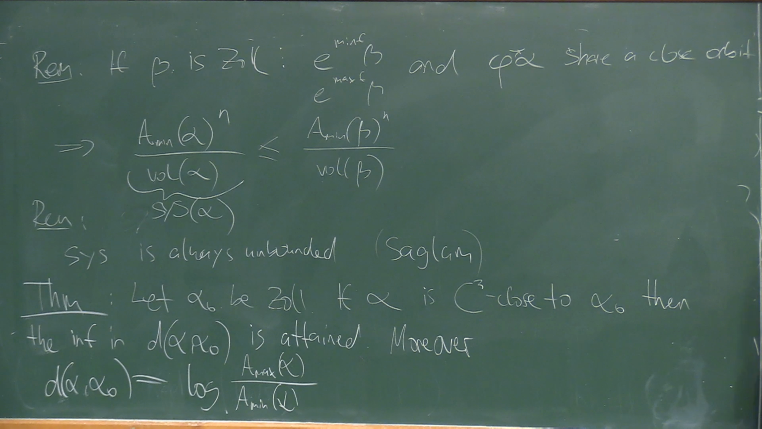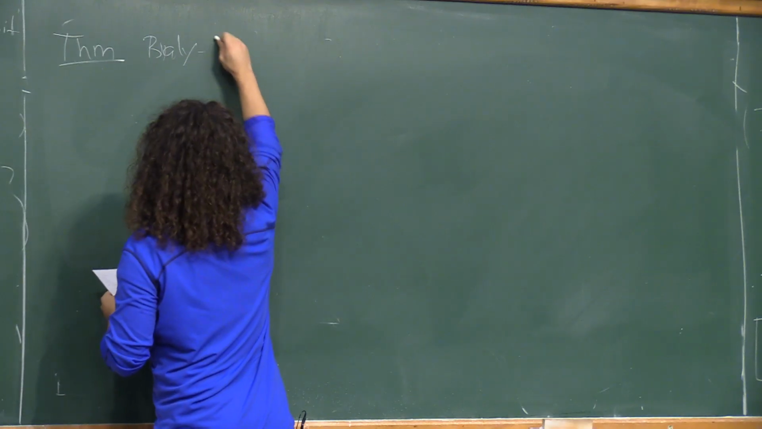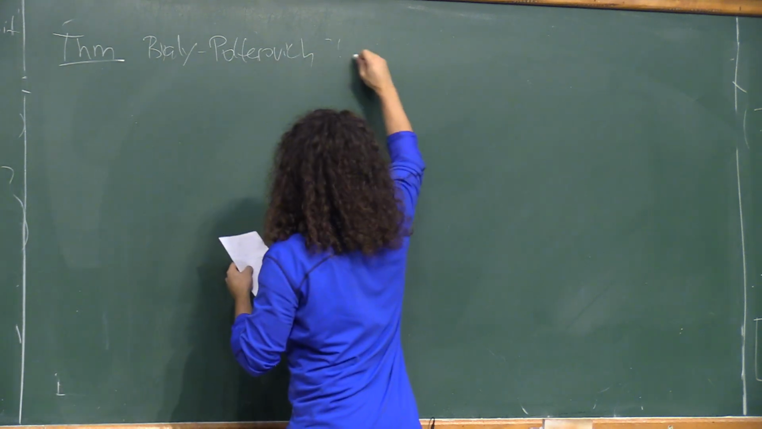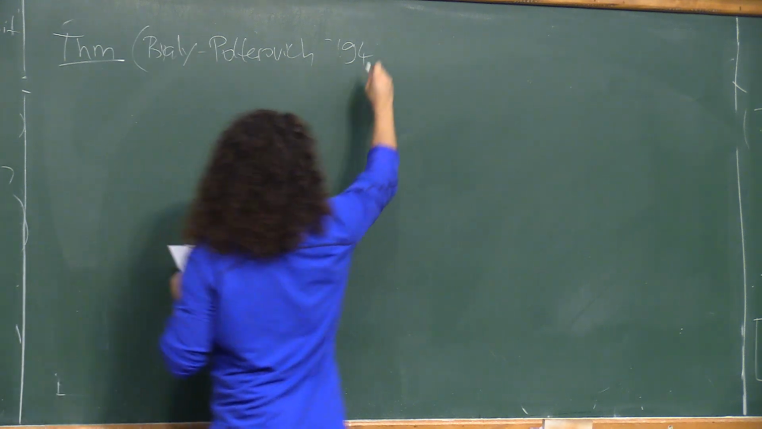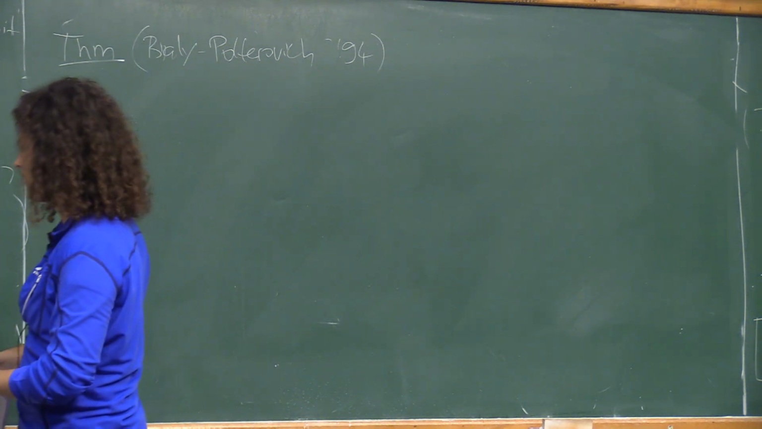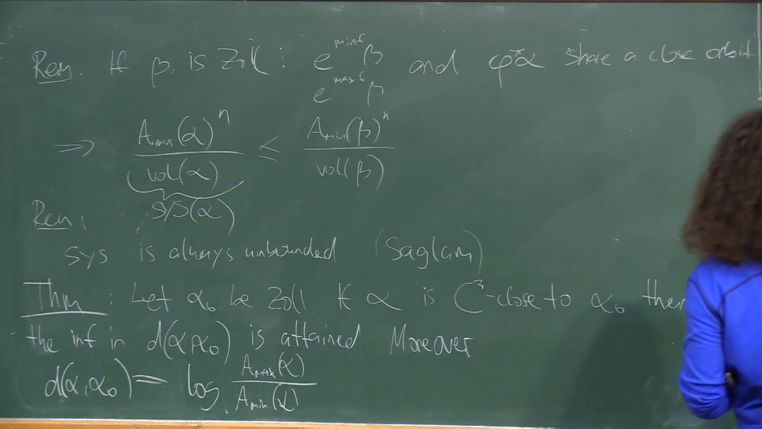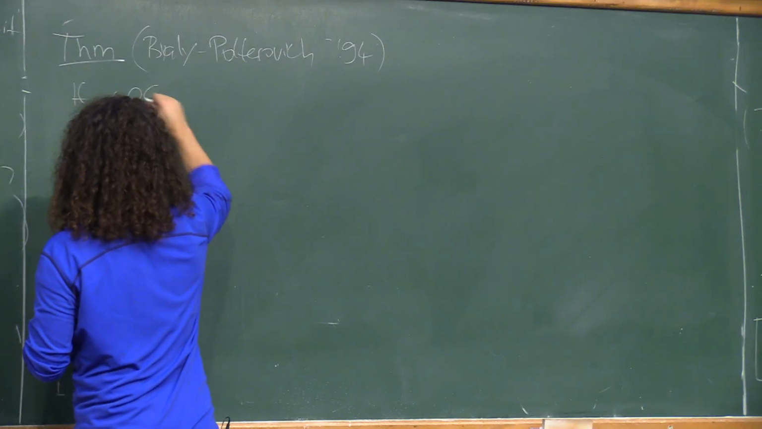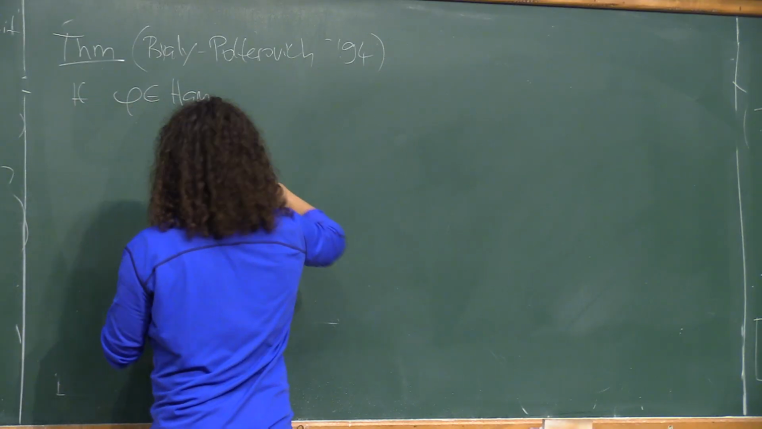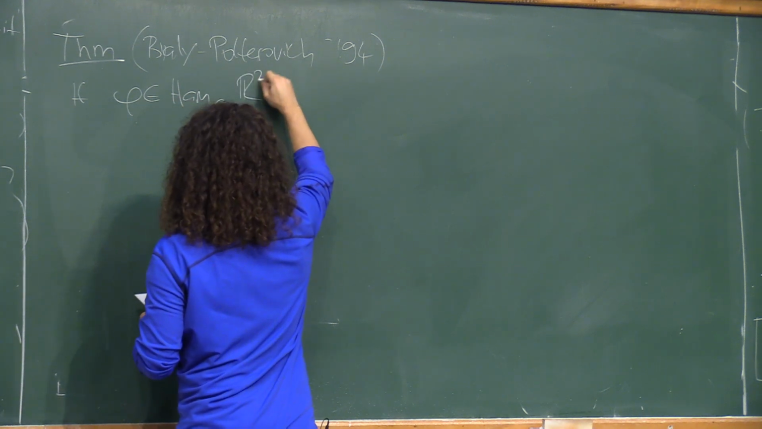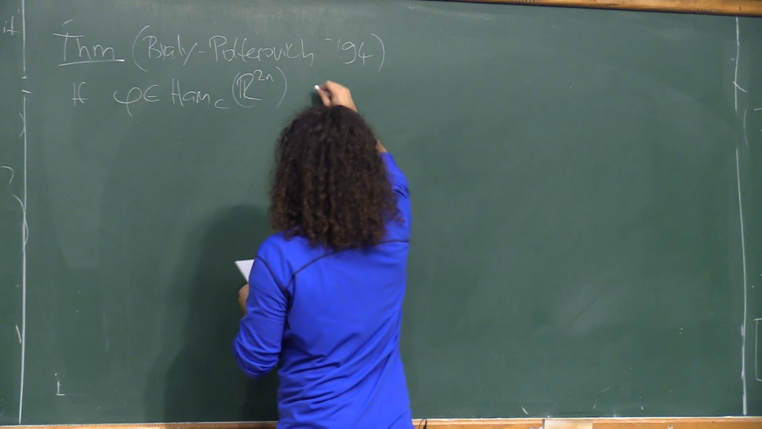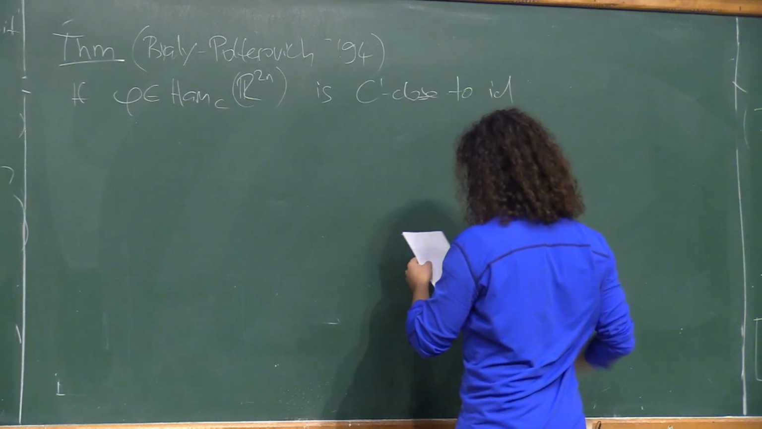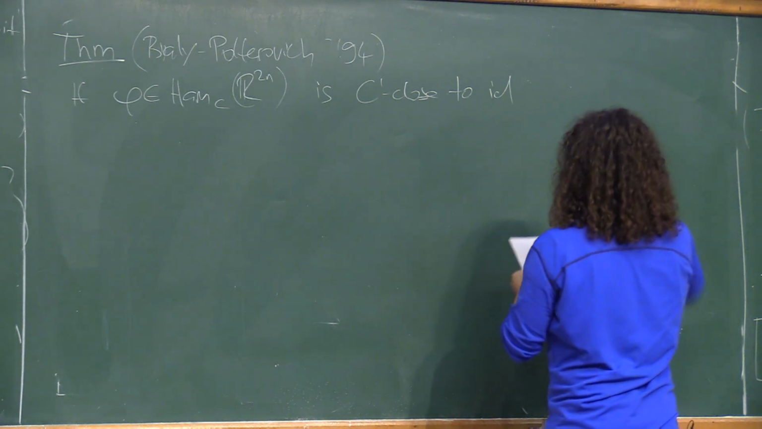That's work of Bialy and Polterovich. It's from the 90s. I'm just stating it in the form that's most symmetric to this thing here, and not necessarily how they originally stated it. But what is true is that if phi is a Hamiltonian diffeomorphism, let's say compactly supported, of R to the 2n, and if this is C1 close to the identity, then